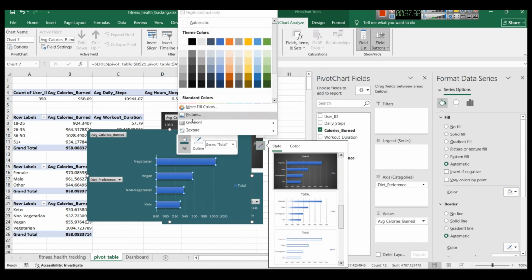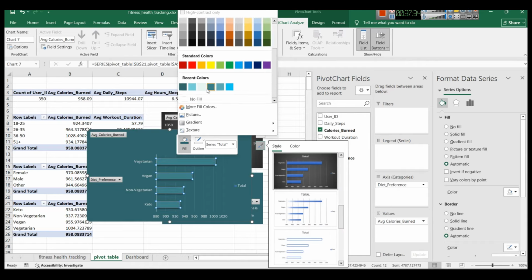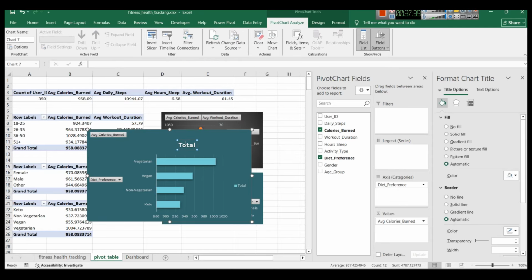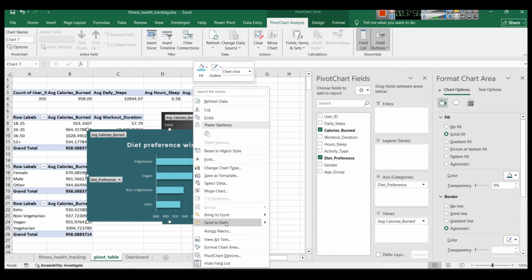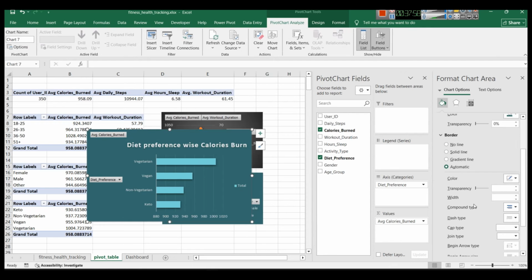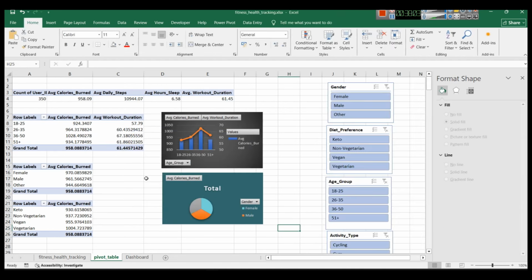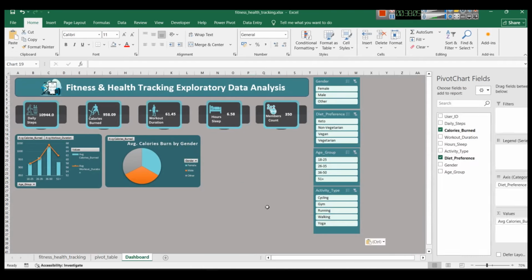For bar fill we will need this color as we have done, and this particular chart is showing diet preference wise calories burned. Here also we will right click, format chart area, again repetitive stuff, rounded corners. Now the chart is created. I will cut from here, go to dashboard, paste,